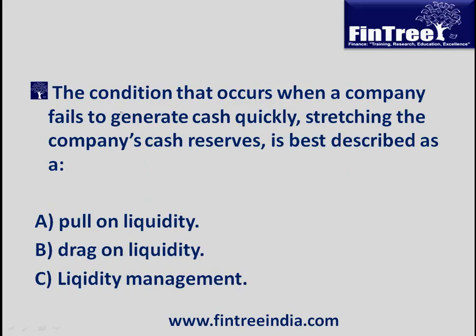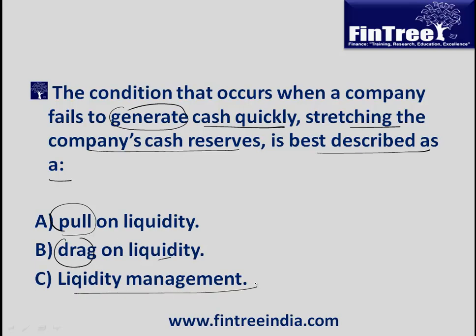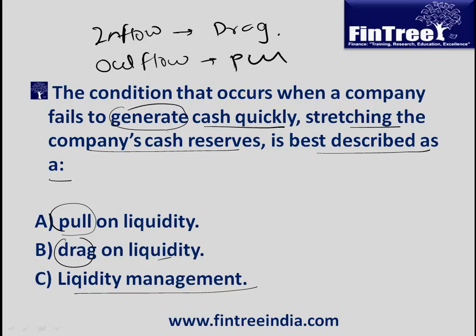Moving on, next question. The condition that occurs when a company fails to generate cash quickly, stretching the company's cash reserve, is best described as what? That means you're not being able to receive cash very quickly, not being able to generate it. So will it be called a pull on liquidity, a drag on liquidity, or liquidity mismanagement? And of course, what we remember is that if there's a problem with inflows, we would call this drag, and if there's a problem with outflows, we would call it pull. Since this is a problem with inflows, the correct answer here would be